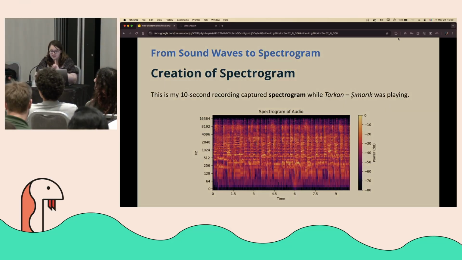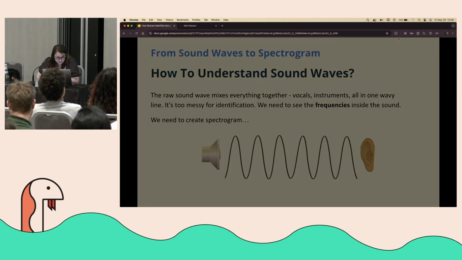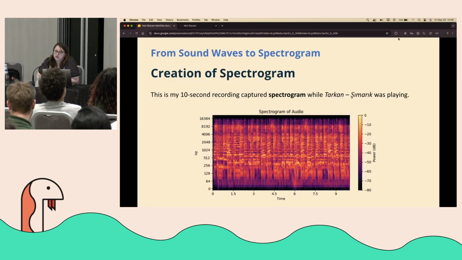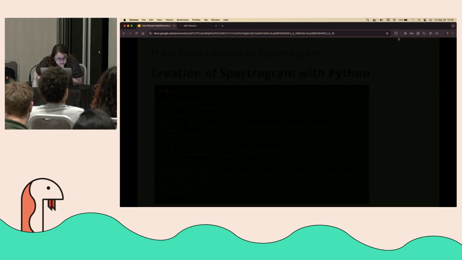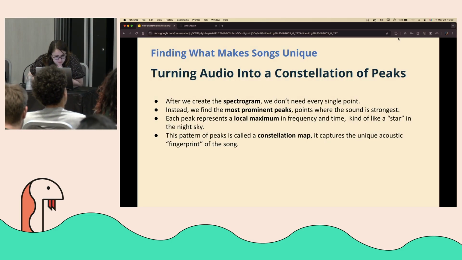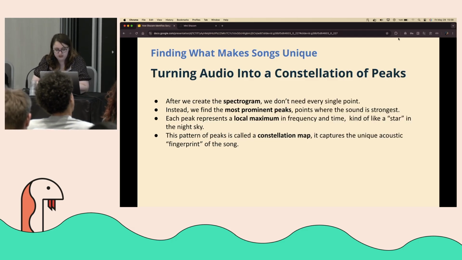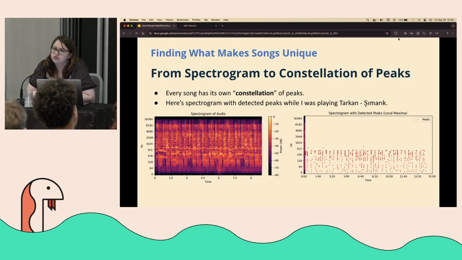Okay, Pietro, wait for the microphone. Let me check. If you go to the second plot, the one where you found the local maxima. Yes, I'm checking right now. Next slide. So this is what I was saying, in the second spectrogram,